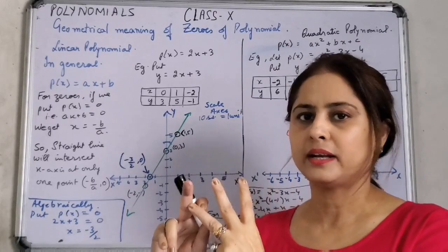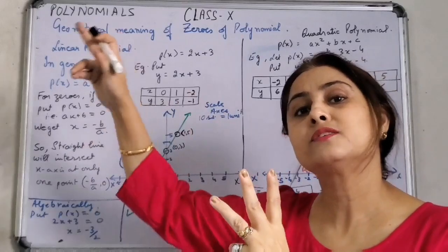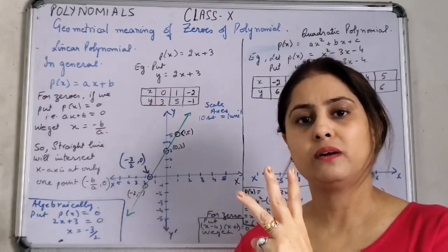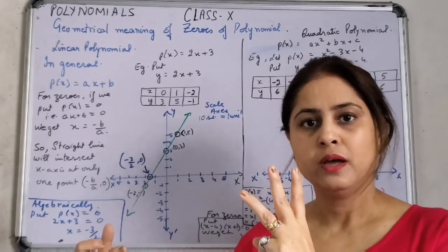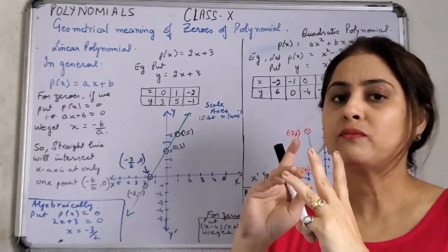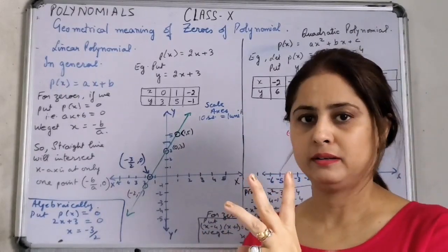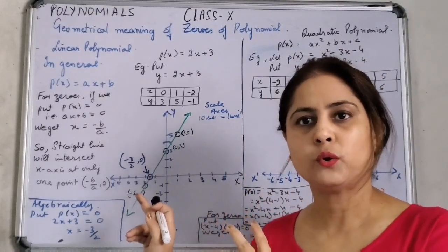3 से ज़्यादा नहीं हो सकते, 3 से कम हो सकते हैं, depending upon कि graph x-axis को कितने points पे काटता है या algebraically कितने real zeros आ रहे as factors or as zeros. So it may have less than 3, but it will never have more than 3 in a cubic polynomial. It may even have 1. So that was all about zeros of polynomial geometrically.